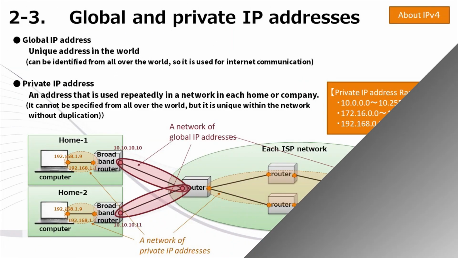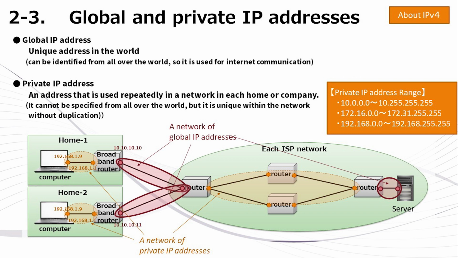Next, we will understand global IP and private IP. About 190 million IPv4 addresses have been issued in Japan, but the population of Japan is about 120 million, and each person uses multiple devices such as smartphones and personal computers. An IP address is also required for building a network. Therefore, it seems that the number of IP addresses is obviously insufficient, but the solution is the